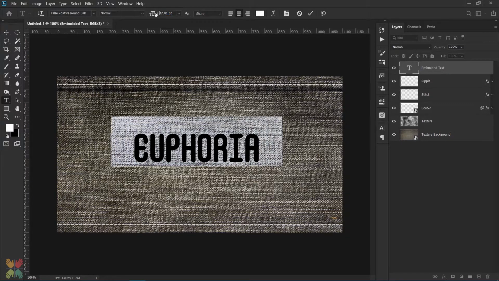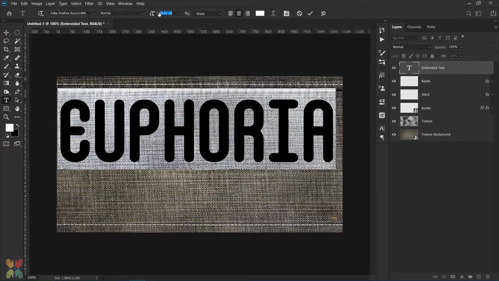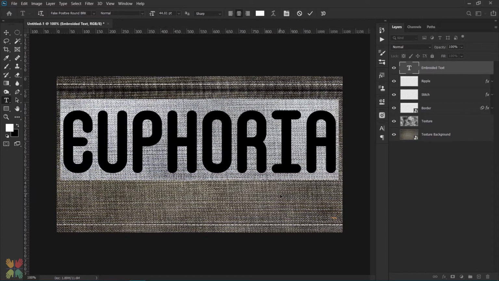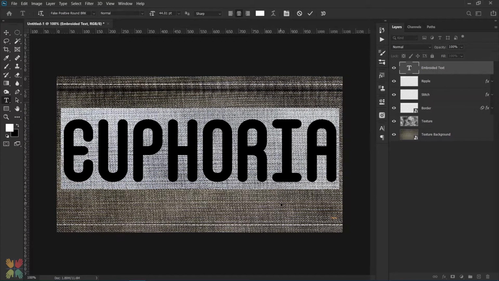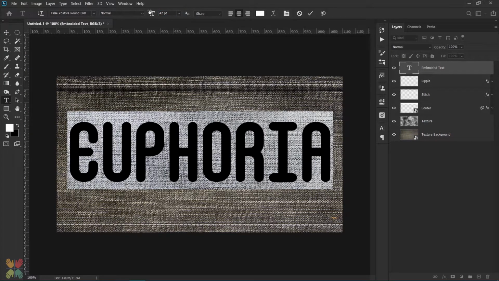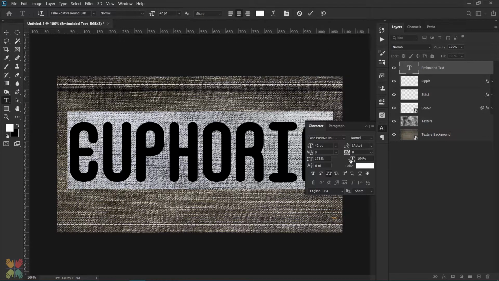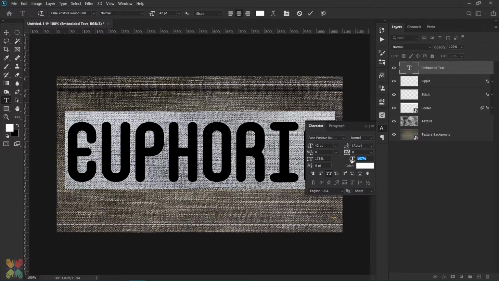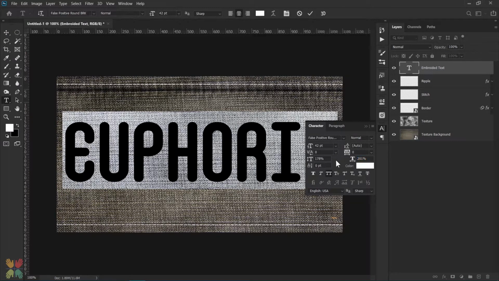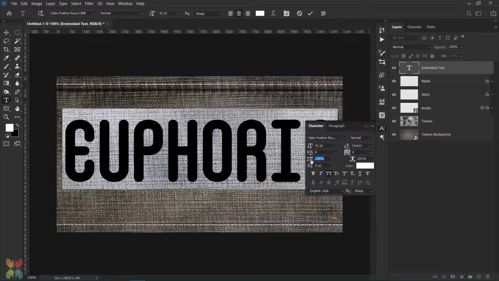I'll make the text a little bigger. I'll bring it a little down like so. Let's make it 42. That's okay. And I'll increase the spacing between the characters, height as well,